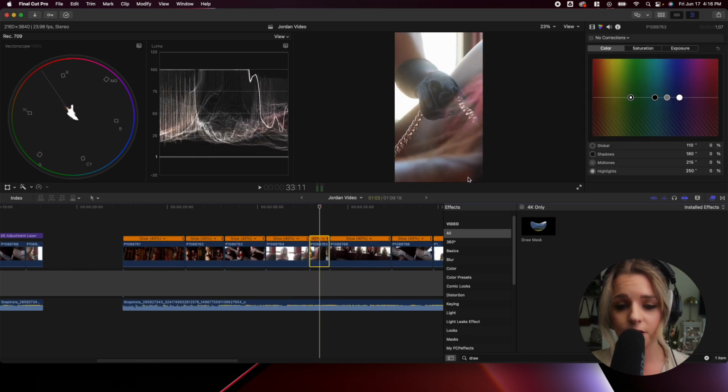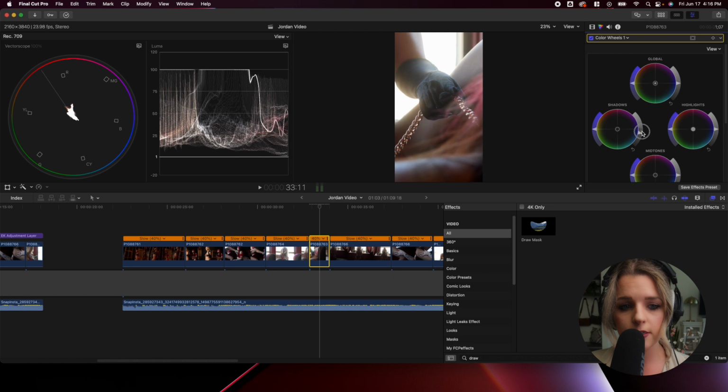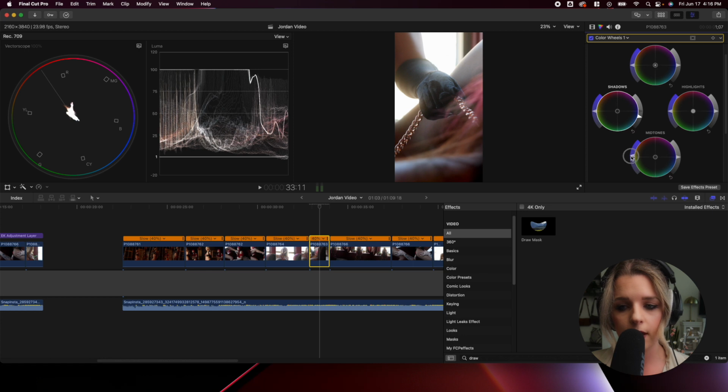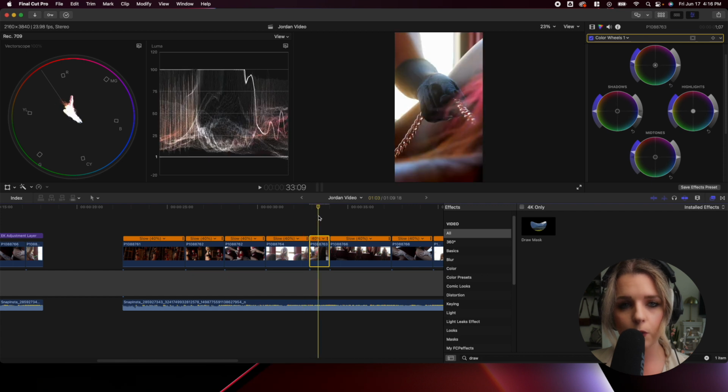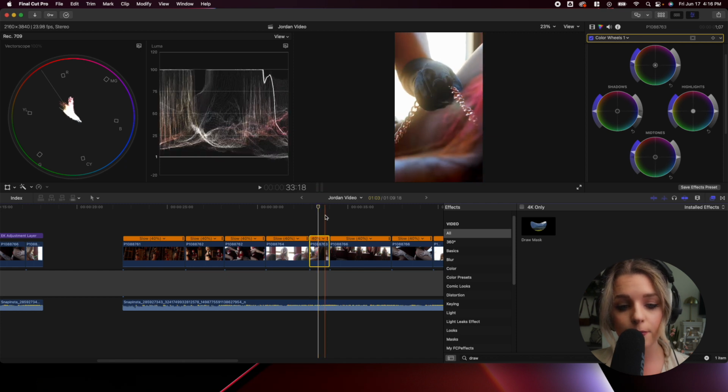As you can see, it is still really bright. The shadows are really lifted. So I'm going to go ahead and move that down just a tad like this. And honestly, this looks really good. I think this looks fantastic. I'm going to go ahead and move the saturation up a little bit. And for this clip, it does look like it matches this one, so I'm not even going to worry about the skin tone, especially when you can't really see their skin in the first place. So I'm just going to leave it as is like that and then move on to the next clip.